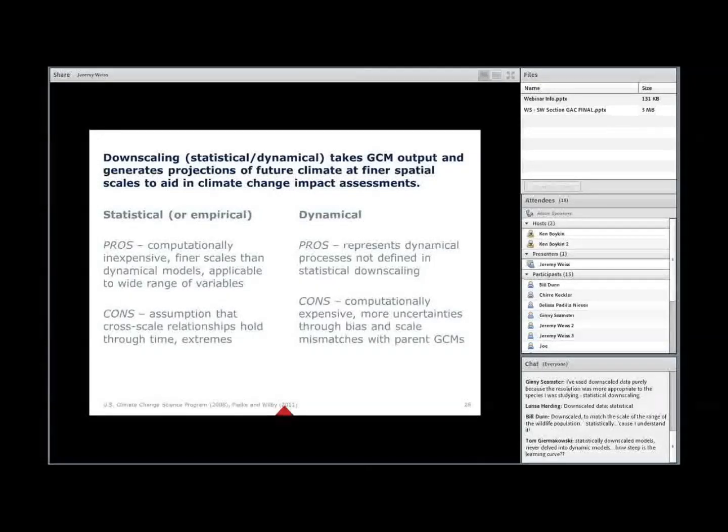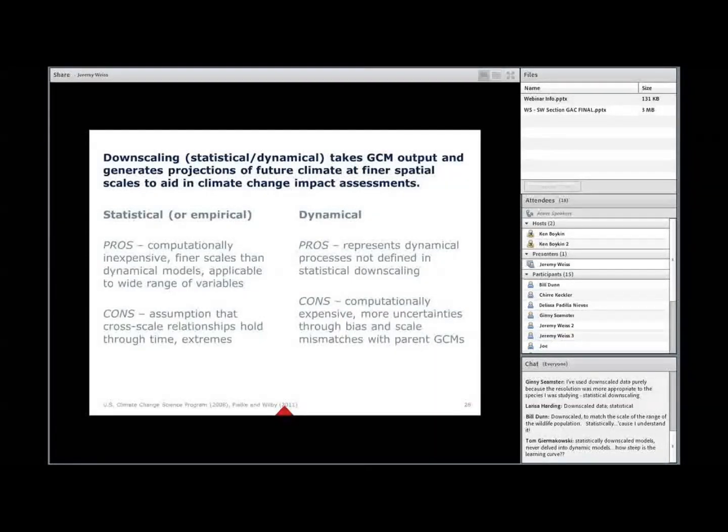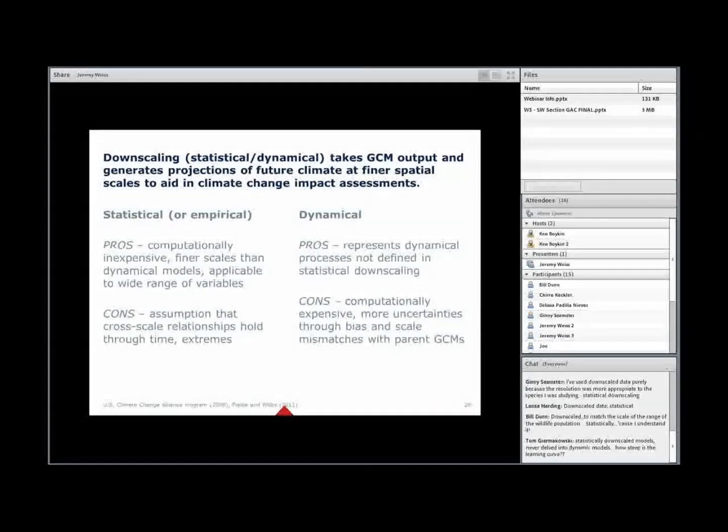Let me go back just a second to make this last point. It's really hard to say which data set to use for these wildlife biology applications, for example. And even more so because in the case of temperature, the global climate models actually do a pretty good job on a regional level. So if we're just thinking about changes in mean or variance, some of that information could actually be extracted from the global climate model data.